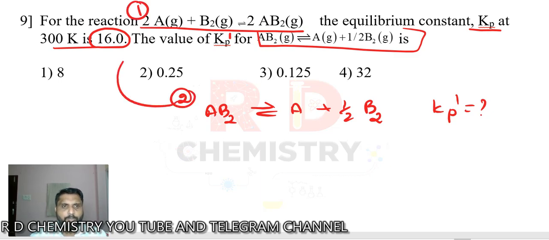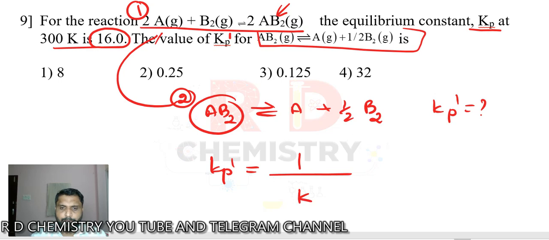Second equation actually obtained from the first equation. What they have done? They have reversed it. So when they reverse it, first of all, they reverse it, correct? AB2 comes, okay, here it is. They have reversed it. When they reverse it, remember always, it should be the reciprocal value. That constant become the reciprocal. Also, it's not exactly reverse. Also, the numbers are missing there. It is a 2 here.